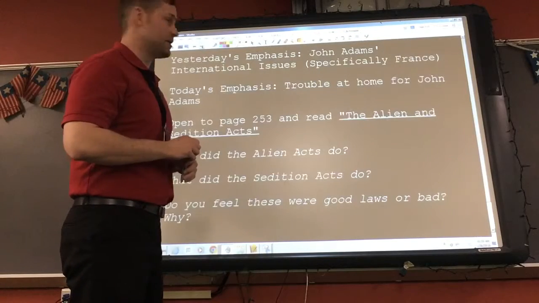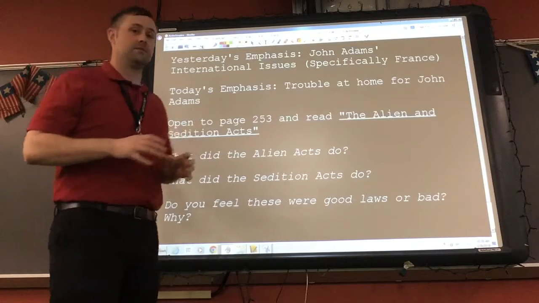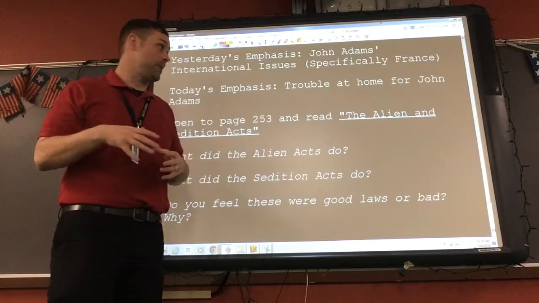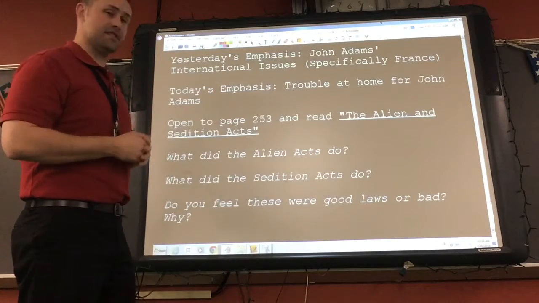But let's get into our next activity. So yesterday we talked about problems John Adams had with other countries. Today we're going to focus on problems John Adams had at home, specifically related to the Alien and Sedition Acts